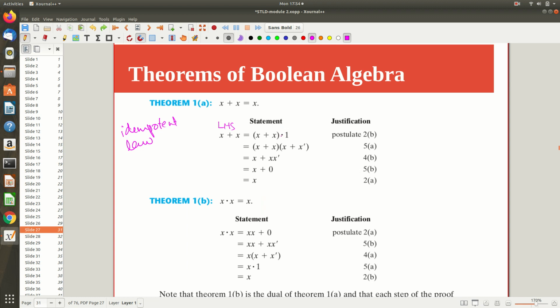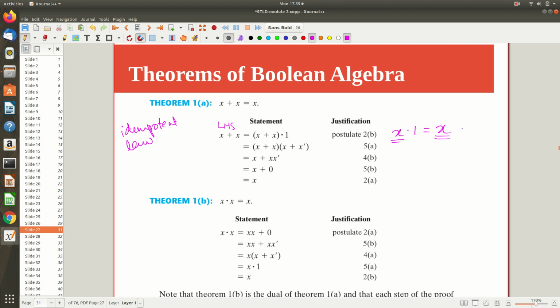And you know why I did it. For any sub-expression, wherever you want, you can simply put a dot 1. There is no change in the value, because anything dot 1 gives you that same thing. So this x can be anything. Here, instead of this x, I am getting x plus x, right? Whatever it is, when you multiply it with 1, you get x itself. Multiply here means the AND operation.